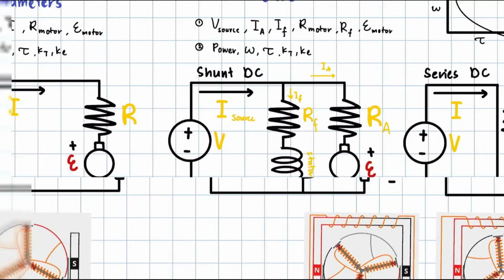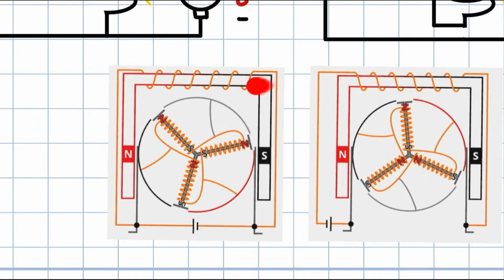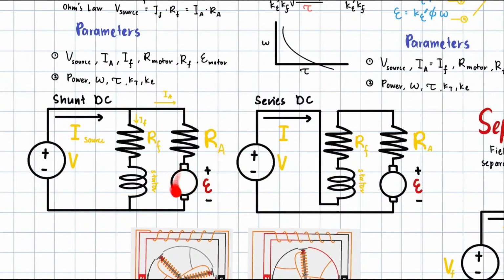So usually how you generate an electromagnet is by using a power source. So this power source is shared with the same power source as the armature, to the rotor, whereas the series, the stator is